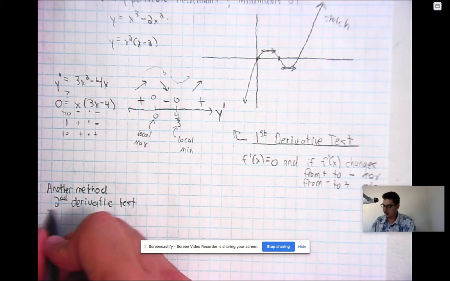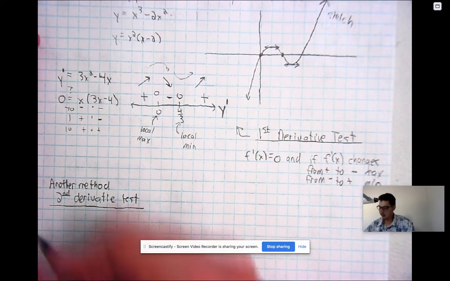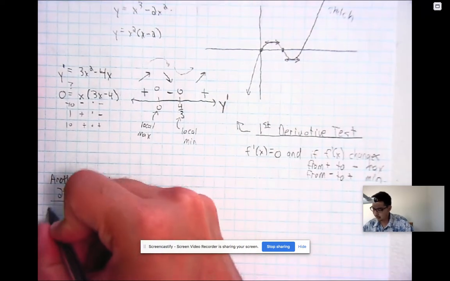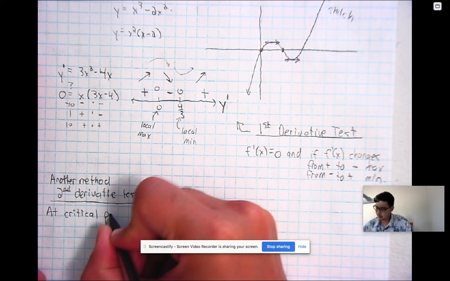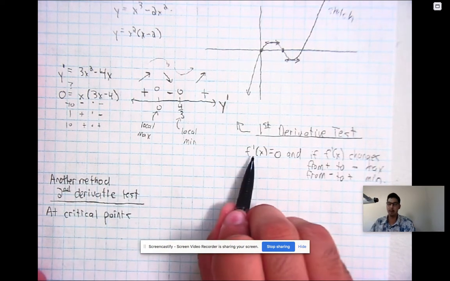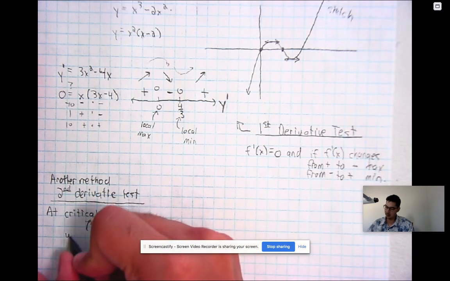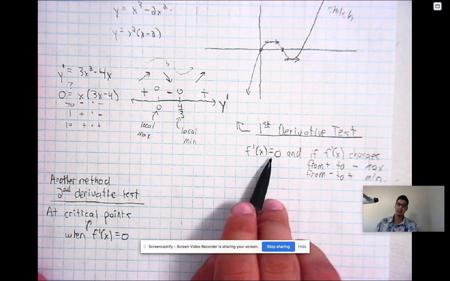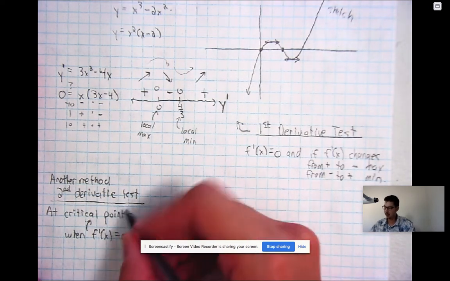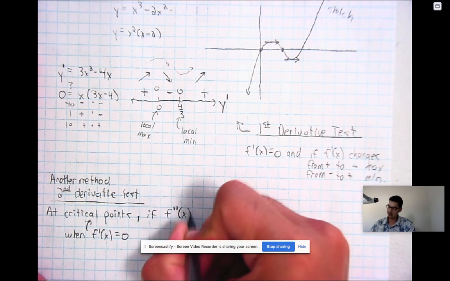And the second derivative test can also help you get maximum and minimums, where you need to look at critical points. So at critical points, which a critical point again is when f prime of x equals 0. So it's still the same idea there. It's when the first derivative is 0. So at these points, if your second derivative is positive,